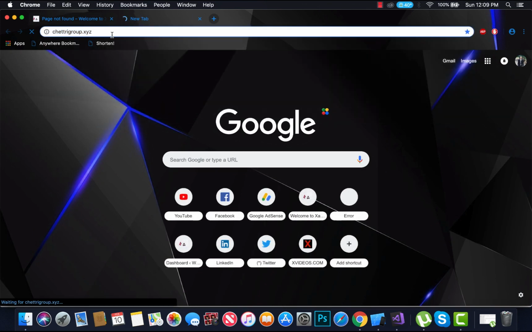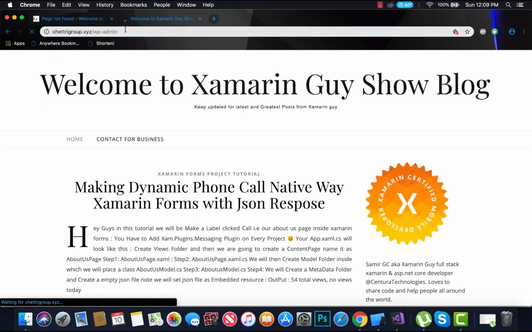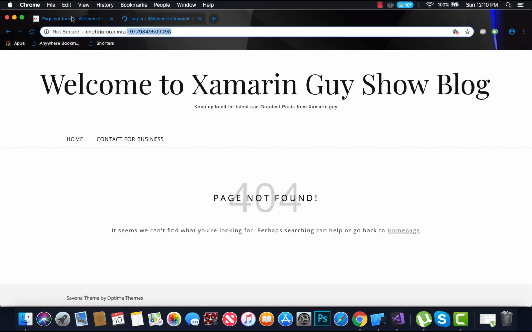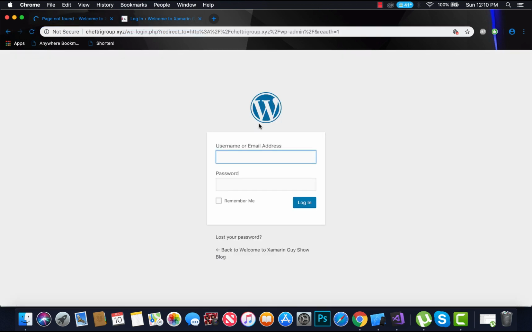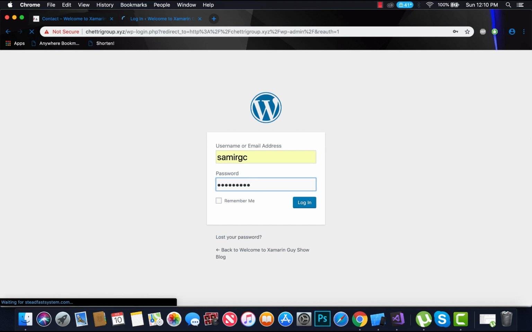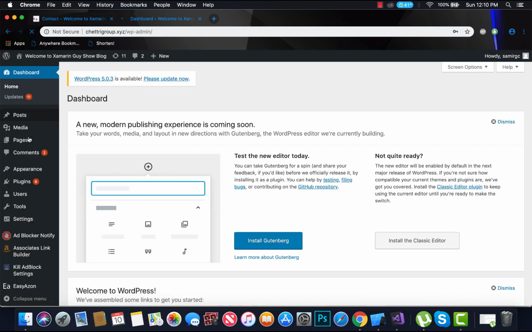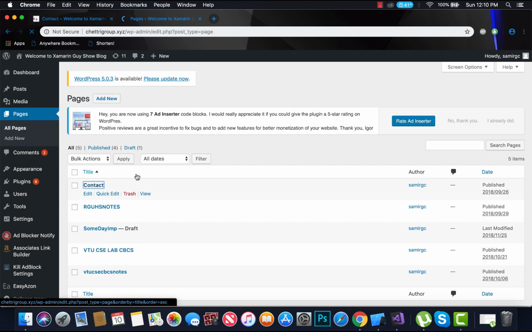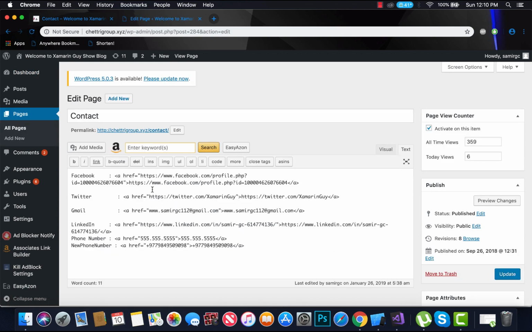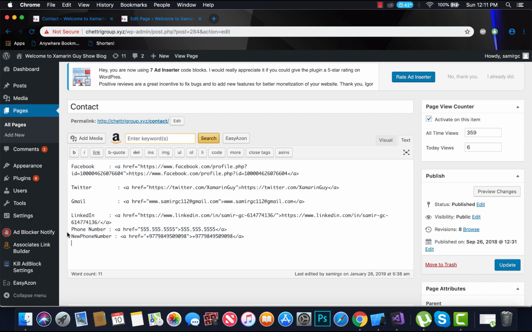So in order to gain that website access, we'll go to the admin part of the same website. Now we'll go to the admin part of the test website that might be hosted on any platform. Here I am using WordPress for hosting my website, and inside pages, the look and feel of your website might be different. So we'll be going to the contacts page, and here you can see I have set a label with an anchor tag for